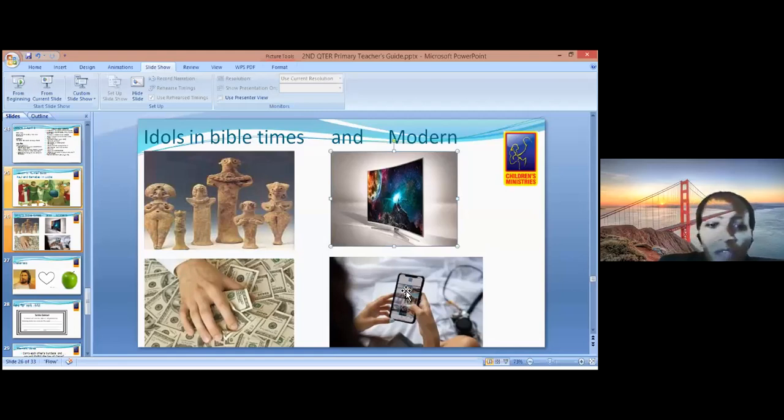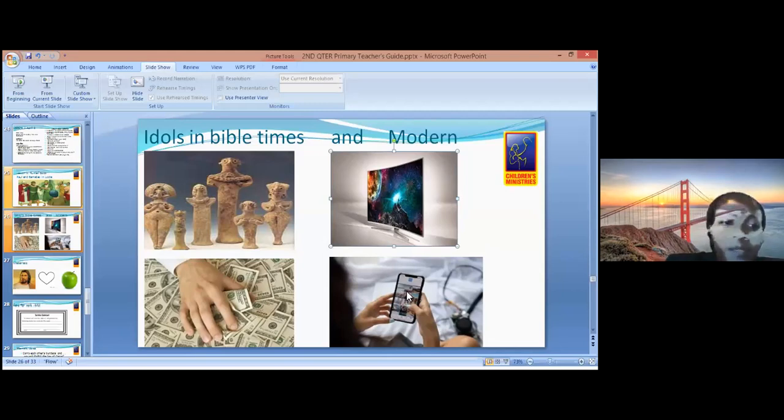So at the back of a child's mind, a child should know that idols were portraits that they used to worship, but also that these days we have idols. For example, the TV, the phones, the tablets, the money, all those are idols that we shouldn't forget. Those materials at least should be in our classes so that a child can